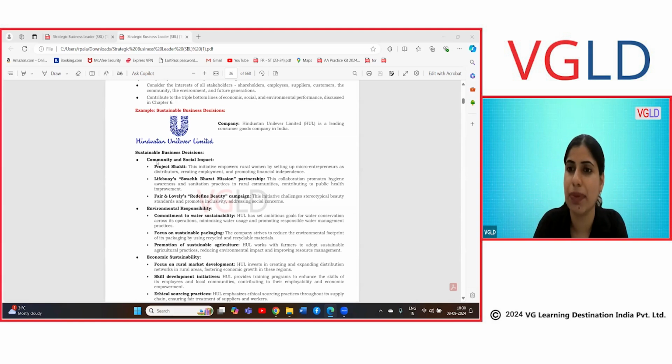These are certain examples just for your reference, okay, of how these companies are initiating in terms of helping the general public, in terms of future development. So these are certain examples for your reference only. Again, considering the environmental responsibility, what Hindustan Unilever has done is they have set an ambitious goal for water